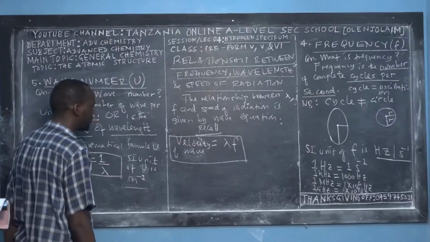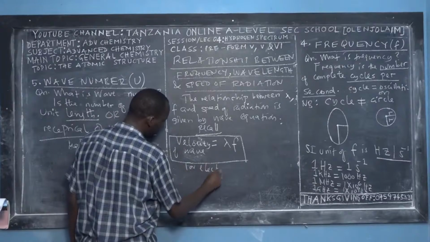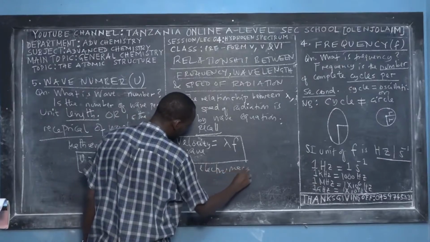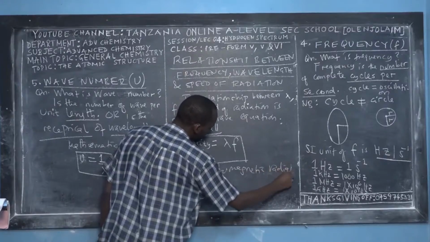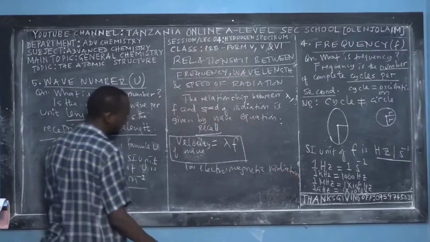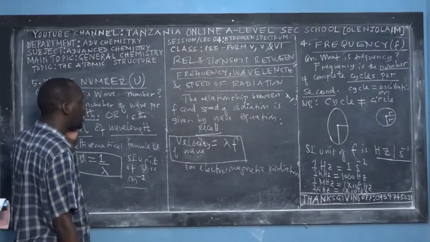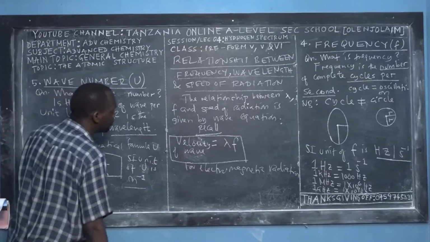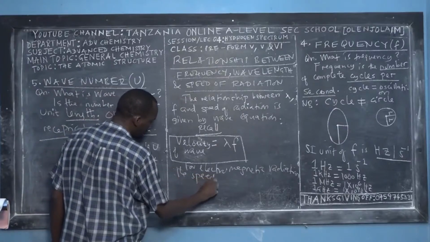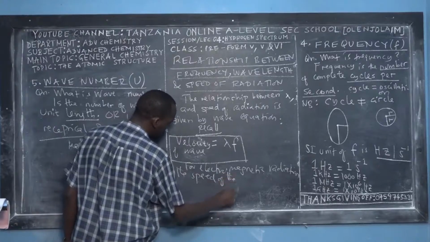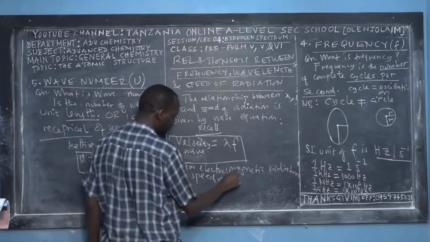So for electromagnetic radiation, we say that the speed of the light